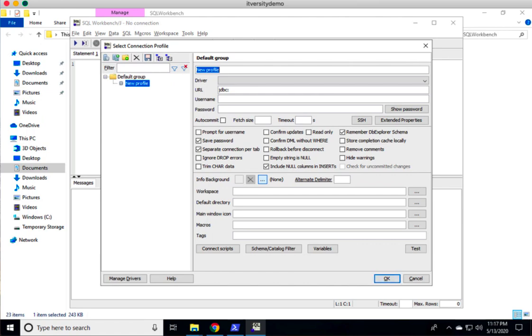There are a few steps involved to connect to a database. We might have to download a connector and configure it with SQL Workbench to connect to a particular database. I will demonstrate how to connect to whatever database we want to connect to as part of the subsequent topics, whenever I talk about those specific databases.